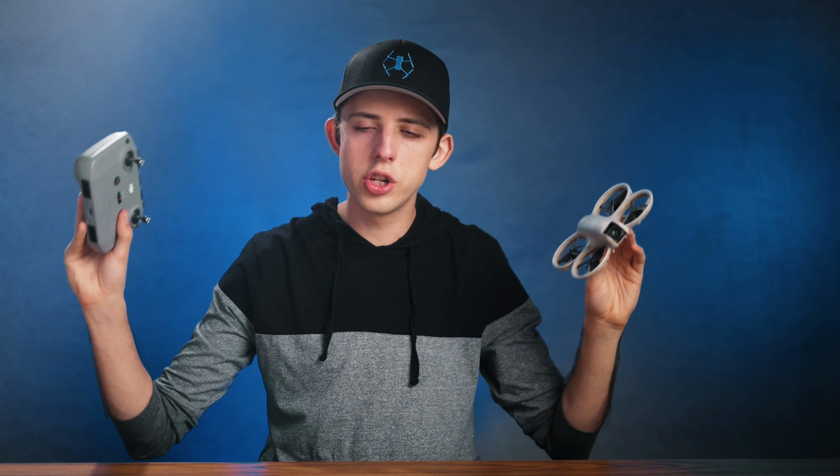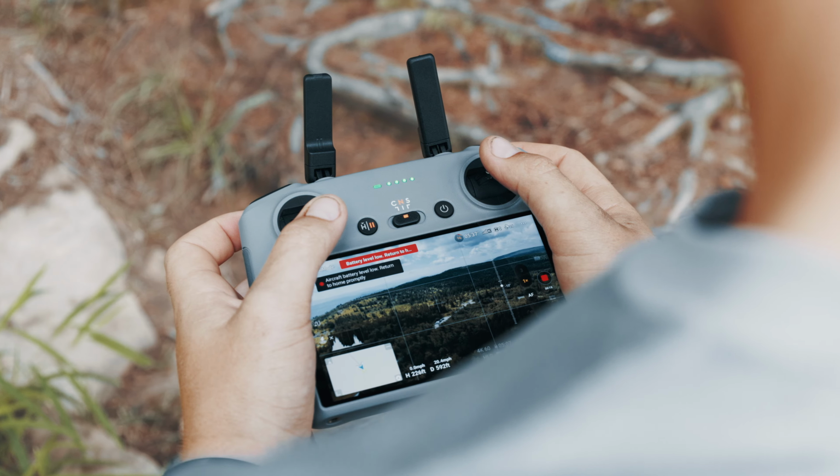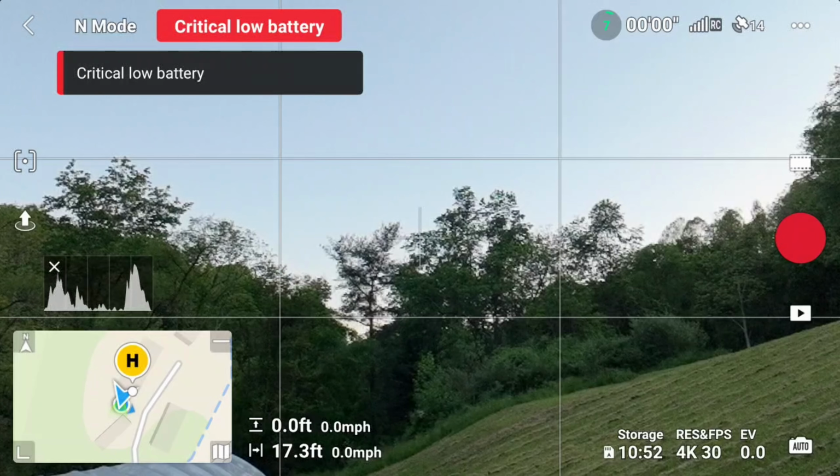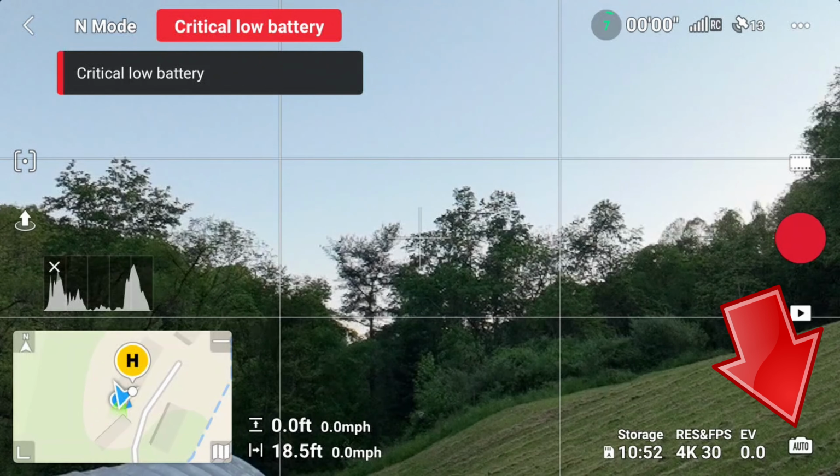So those are all the settings for flying the Neo from your phone. Now moving on to the settings that you have available when you're flying it with a dedicated remote like the RCN3 or DJI RC2. So the first thing you'll want to do is tap down in the lower right hand